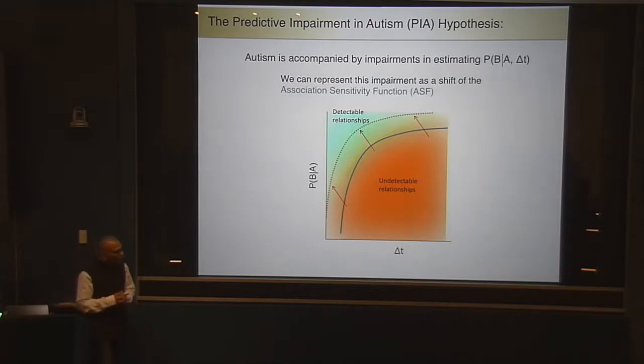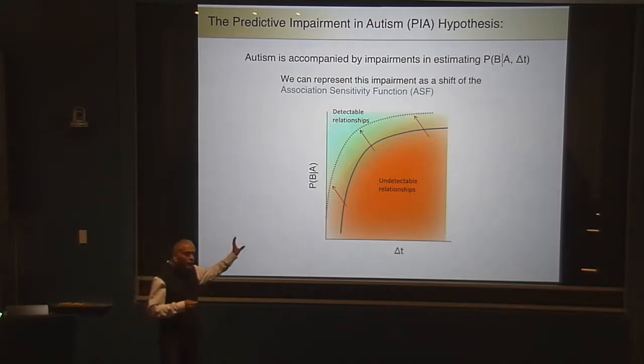So the idea simply is that autism is accompanied by impairments in estimating this conditional probability. So graphically, if you were to plot the strength of the relationship between any two events on the ordinate, and the time separating the occurrence of these two events on the abscissa,